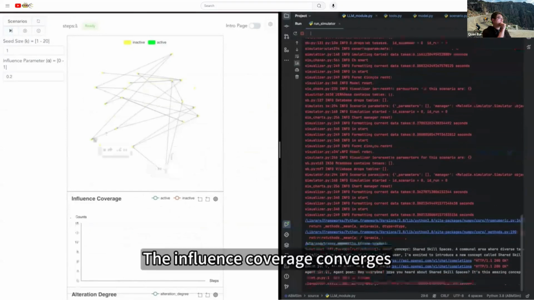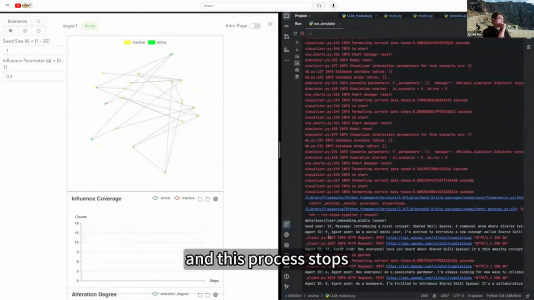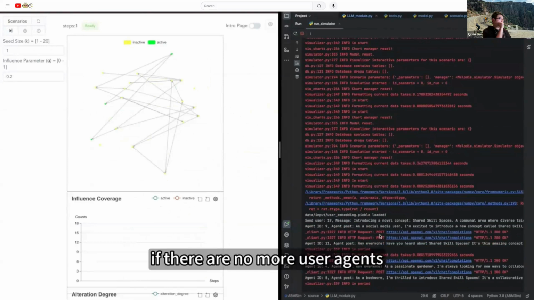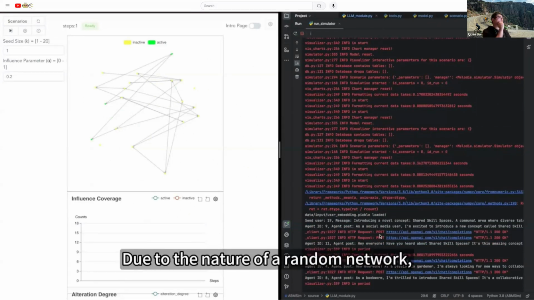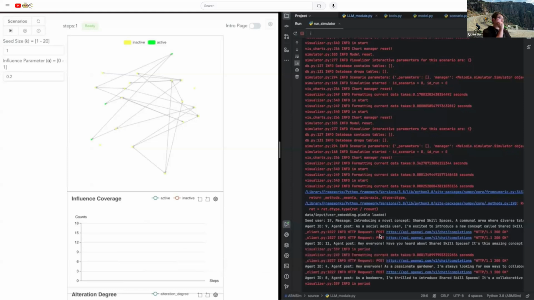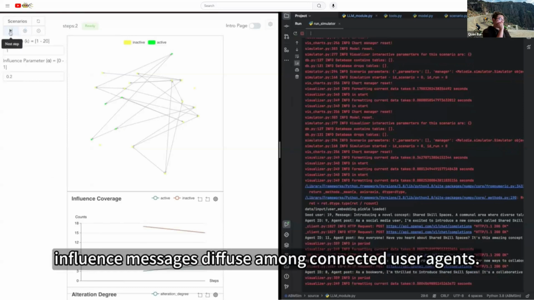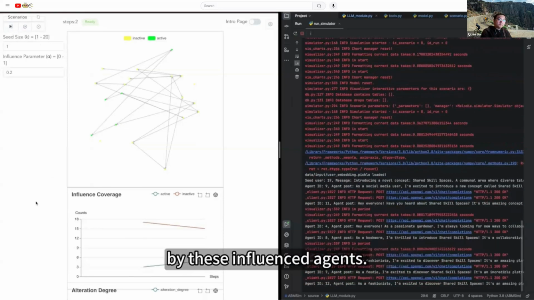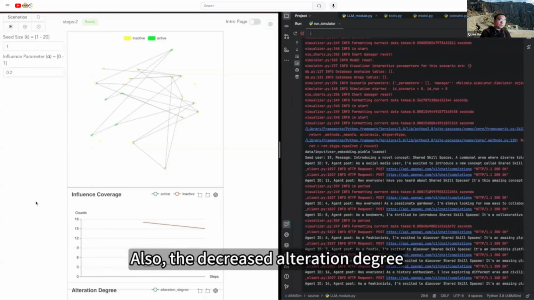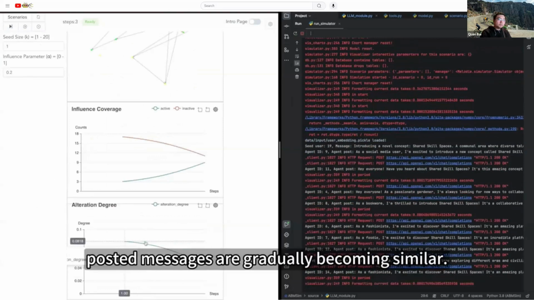The influence coverage converges, suggesting information propagates over time, and this process stops if there are no more user agents that can be influenced. Due to the nature of a random network, two nodes are isolated. However, it can be seen that influence messages diffuse among connected user agents. The console shows the messages that are posted by these influenced agents. Also, the decreased alteration degree suggests that the contents of user agents' posted messages